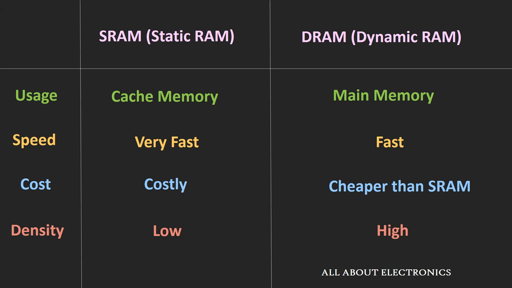So in the next video we will learn more about the dynamic RAM. We will see the different types of dynamic RAMs, and we will also understand the timings and the latencies in the DRAM. So I hope in this video you understood the basic differences between the SRAM and the DRAM, and how read and write operations are being performed on this SRAM as well as the DRAM.